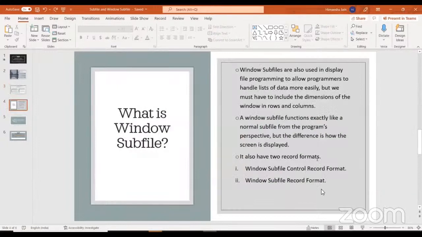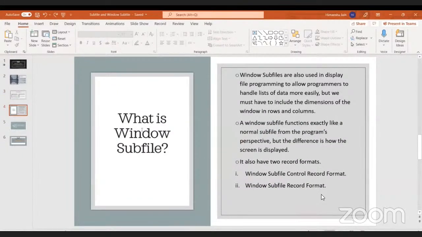So after that, we will discuss what is Windows Subfile. In Windows Subfile, also we can perform the operations on multiple records, but the difference is that we can include the dimensions of the window in rows and column format. A Windows subfile functions exactly like a normal subfile, but the difference is how the screen is displayed. And like subfile, it also has two record formats. The first one is the control record format, and the second one is the buffer record format, in which we will load